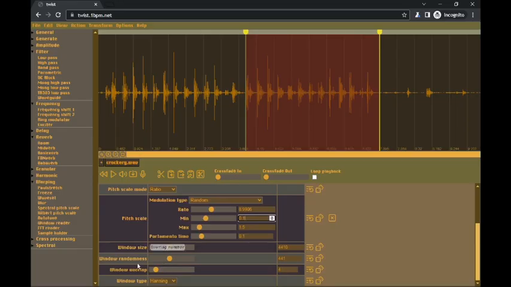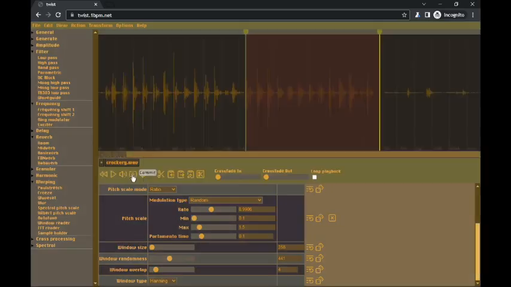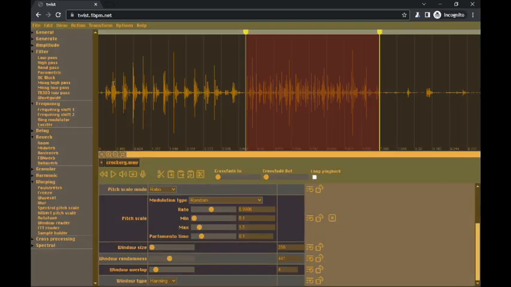And the window size and window randomness, etc., control the reading of the sound, which uses the underlying sound warp opcode in Csound. It's got exponentially more interesting all of a sudden, so I'm going to commit that